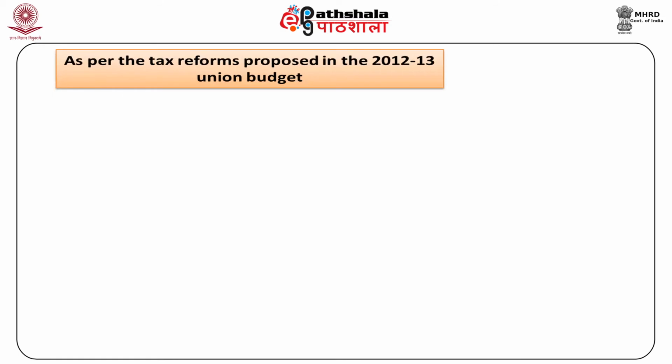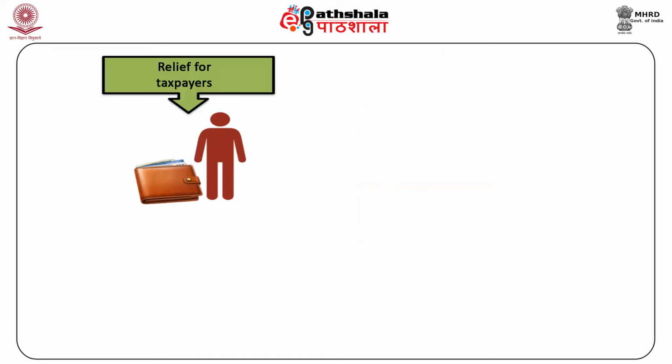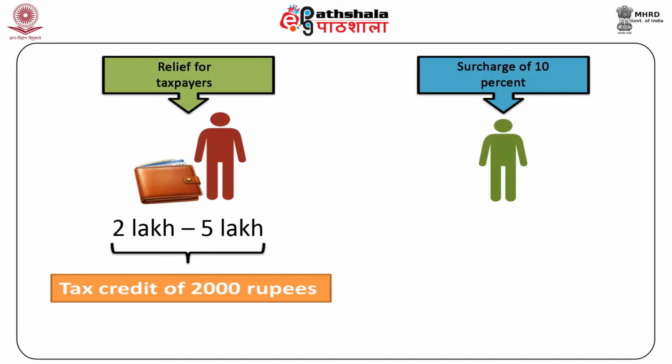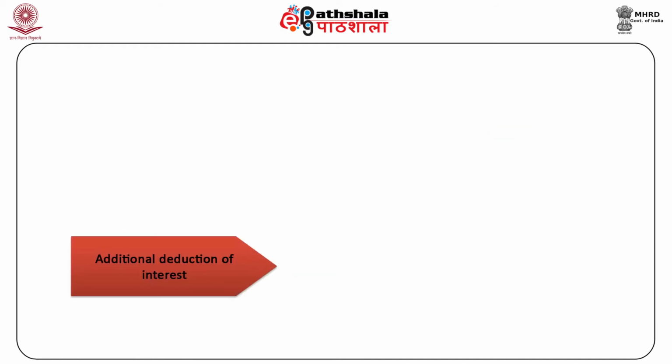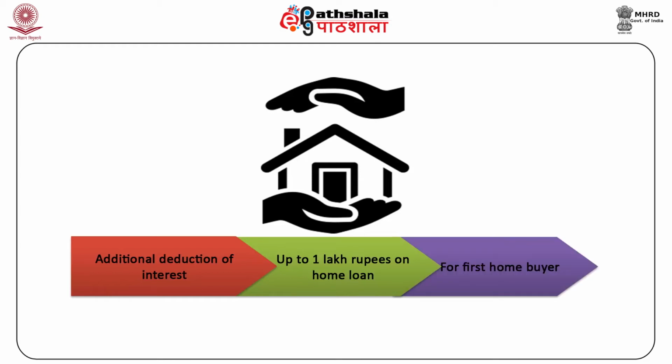As per the tax reforms proposed in the 2012-13 Union Budget, the theme of tax proposals was focused on clarity in tax laws, stable tax regime, non-adversarial tax administration, dispute resolution, and independent judiciary. Relief for taxpayers in the bracket of 2 lakh rupees to 5 lakh rupees, tax credit of 2000 rupees to every person with total income up to 5 lakh rupees, surcharge of 10% on persons with taxable income exceeding 1 crore rupees, additional deduction of interest up to 1 lakh rupees on home loan for first home buyer,